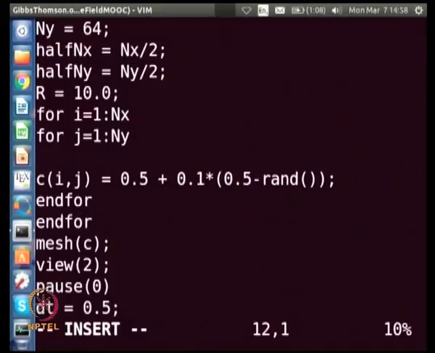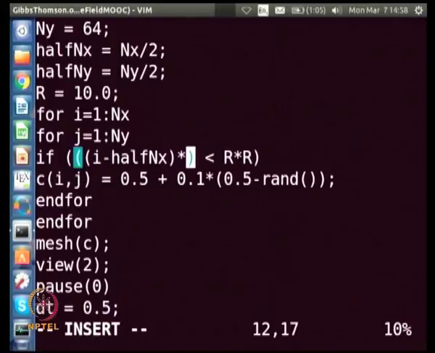Now, we are going to define if less than r into r. So, what is less than r into r? I am going to put a precipitate with center at the middle, that is why I need half n x. So, how do I do that? I minus half n x, into I minus half n x. Okay.